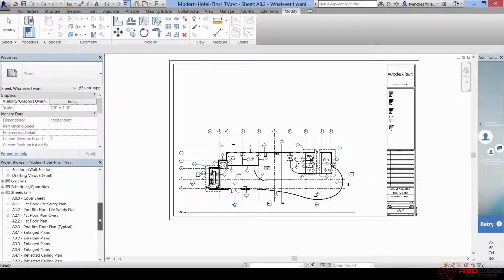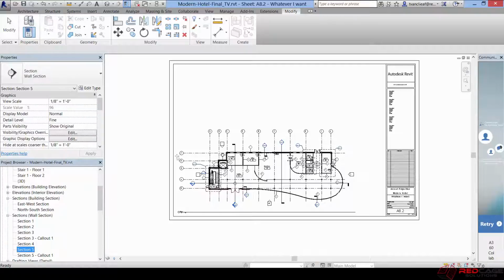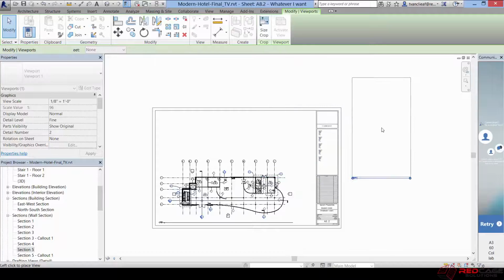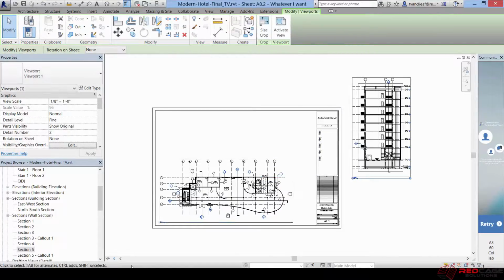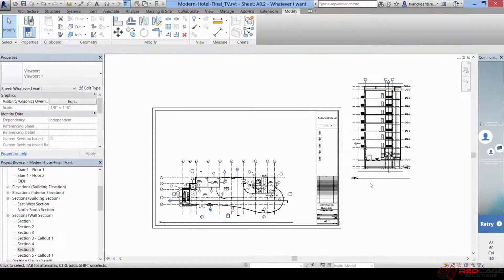We have a new section that we could place on here. So let me just find that in the browser. So that would be section 5. And if I drag that over, there it is. So I'm just going to place it outside of the title block for the time being and